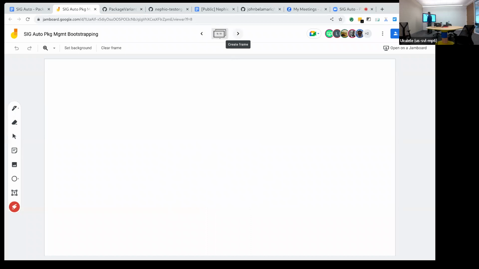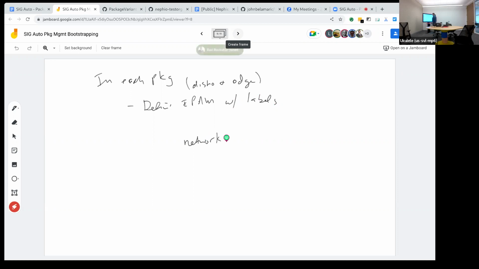So in each package, meaning the distro and edge packages, we define an IPAM entry. What does that IPAM entry do? It has labels. The labels on that are network, I don't know what the actual names are, if Wim's still here, he could say maybe.